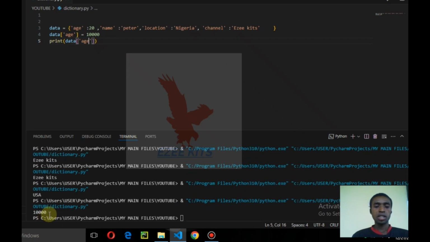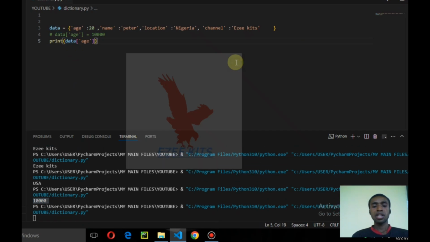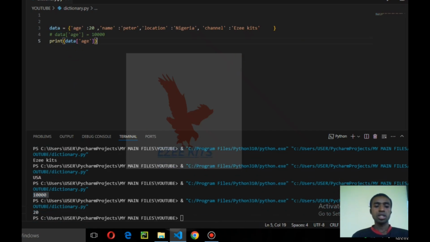I see down here I got this should be 10,000. I see it's 10,000. If I don't change it, I'll still get my 20. Where's my cursor? Okay, can still get back my 20. So in this way you can change the values